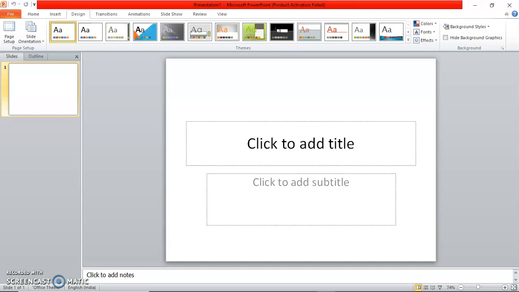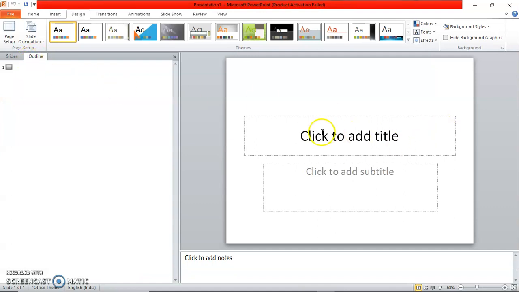Now next is the slide pane. This is the slide pane where you can directly work on the slides. Here you will find the Slides tab. It will show you the total number of slides, and there is also the Outline tab.